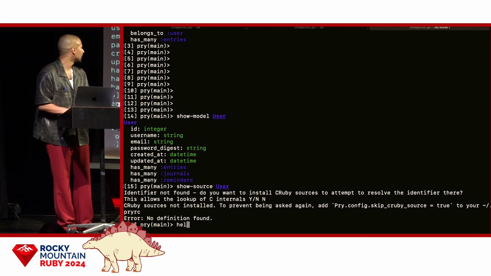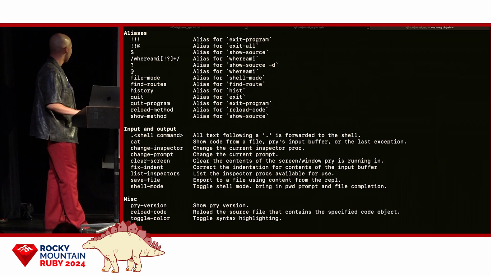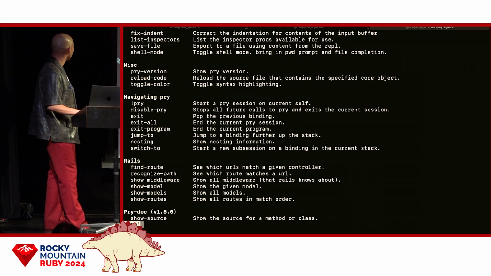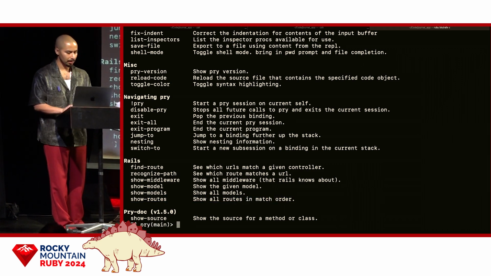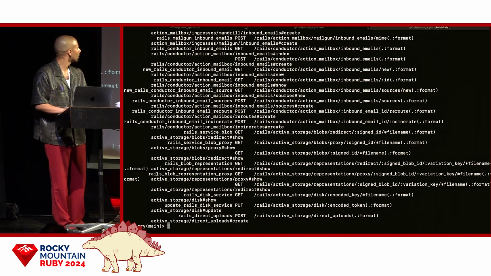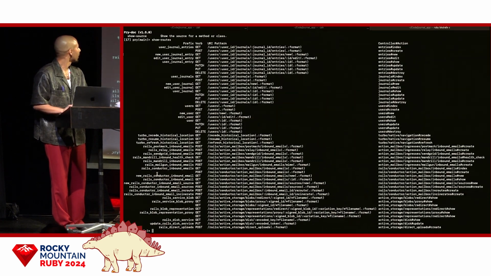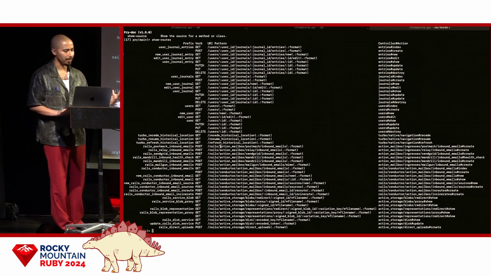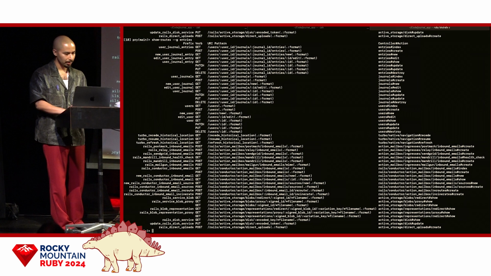And then, like I said, there are also some other cool methods. Show routes is another one that I use a lot. If you do show routes from within the console, it'll tell you all of the routes that you have in your application. But sometimes it's not so helpful because you have so many routes. What is great is that it supports grep functionality. So if I just care about entries,